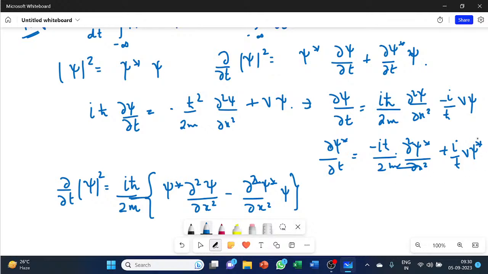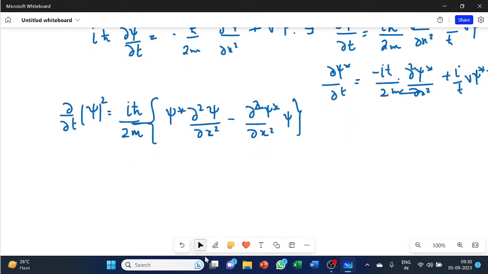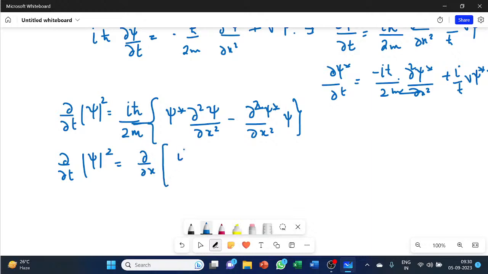and this particular term will go off. See, if I multiply psi star here and psi here and add these two up, this will get cancelled. Only this is left. So I can write it this way: del by del t of psi mod whole square is equal to del by del x of, I'll write iota h cut upon twice m, and then you have this psi star del psi upon del x minus del psi